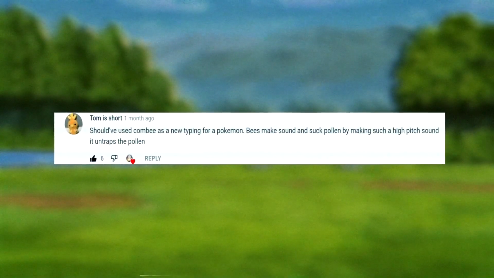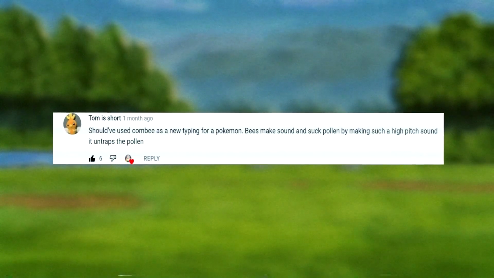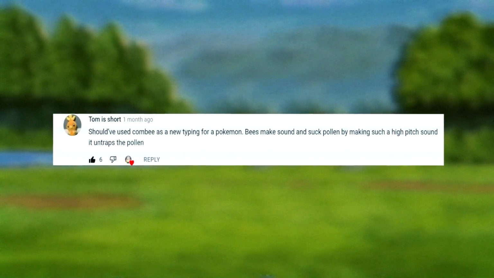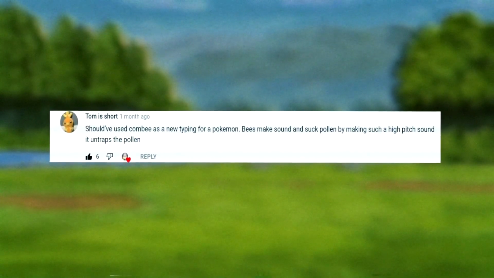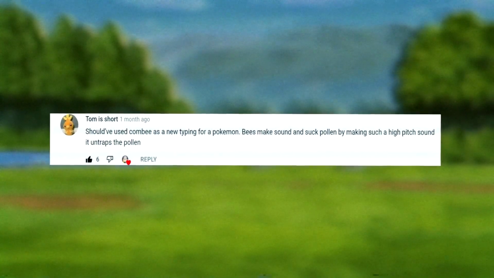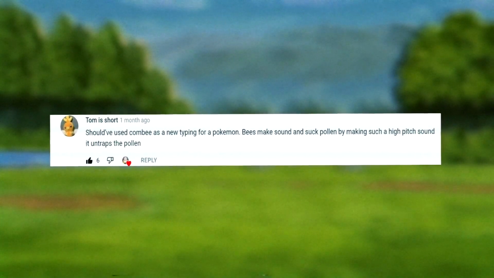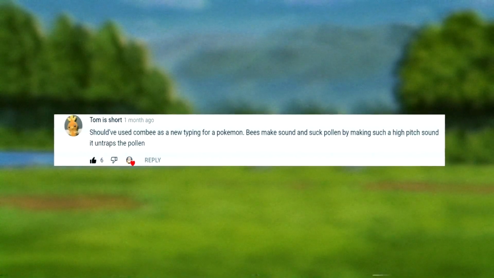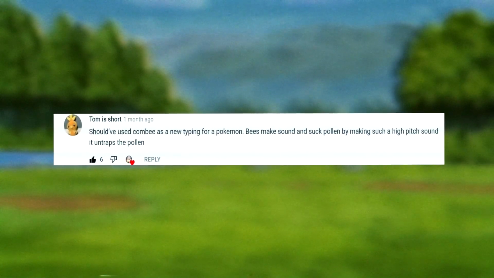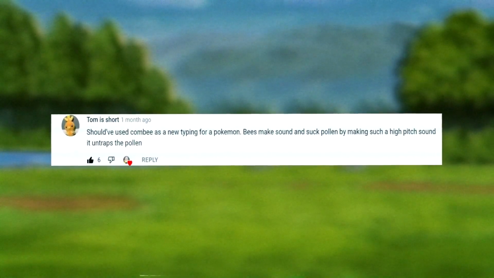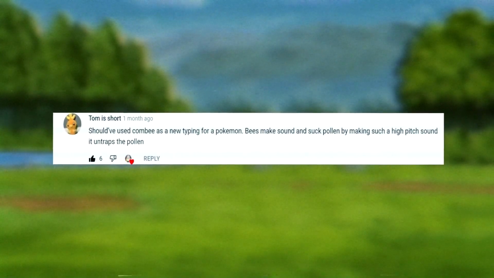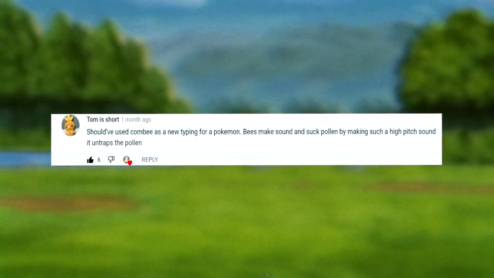That would be a really cool spin where there's so many sound type moves that aren't necessarily for just the generic sound type. It's for one specific Pokemon. It doesn't even have to be sound type. But yeah, that would be super cool. Personally, I wouldn't make Combi sound type. There's not a lot of influence in the actual design, like I said earlier, but yeah, that's a very cool